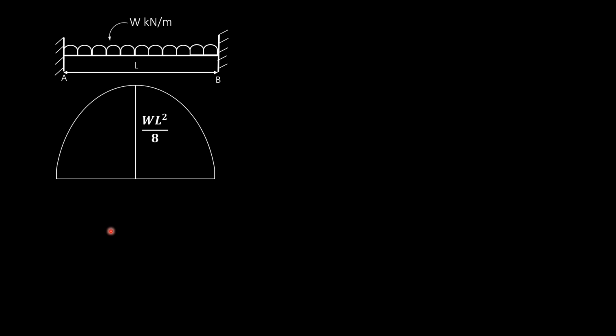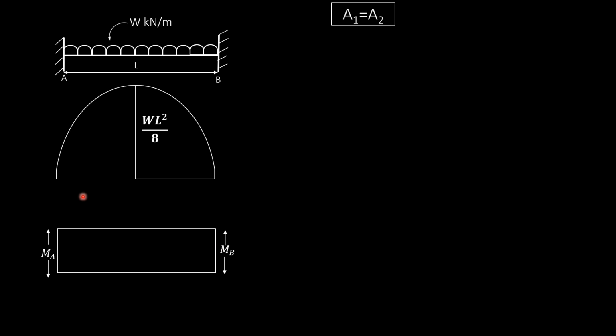In the second case, due to the applied end moments, you have to draw the bending moment diagram. So what is the bending moment diagram due to the applied moments to a simply supported beam? It is going to be a rectangle. So due to one end moment, you will get one straight line here, and due to the other end moment, you will get one more straight line here. You will get a rectangle type of bending moment diagram.